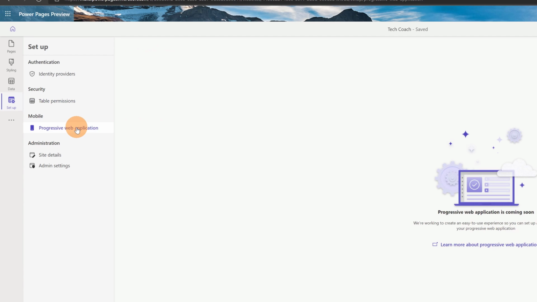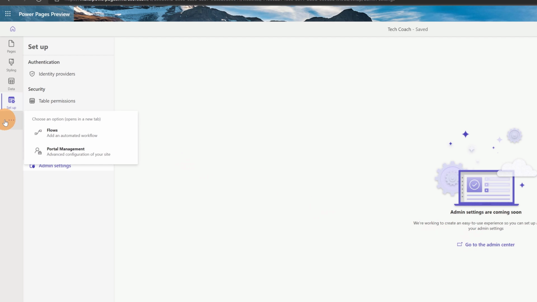And finally, we have the last three options which are not completed. These are in preview. It's not ready. The progressive web application, the site details, and the admin settings. But here basically you can provide a progressive web app version of your website. So in this way it could be installed on a mobile device, for example. And then here you can jump directly on the admin center, and as admin you can perform additional and other configuration. Under three dots